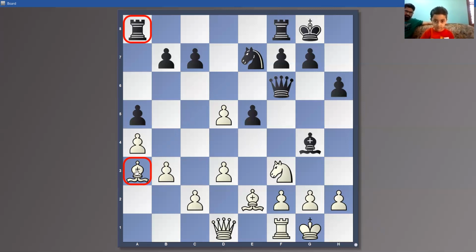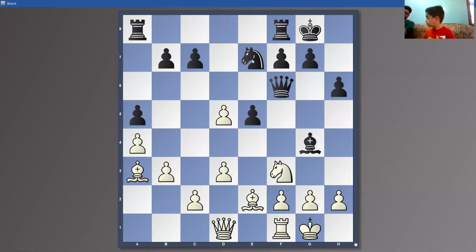So I capture your rook with my bishop and you capture my bishop. So it means I captured a more powerful piece. So when you capture a more powerful piece, it is called an exchange up. And this exchange up generally takes place when you capture a rook with either a bishop or a knight. It means you are getting some kind of advantage.